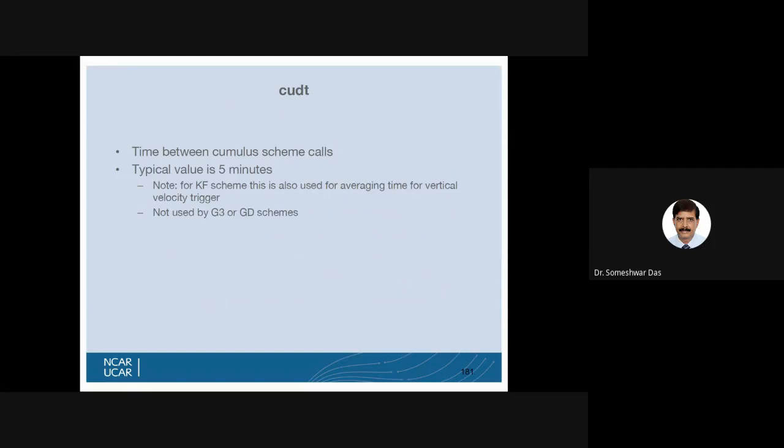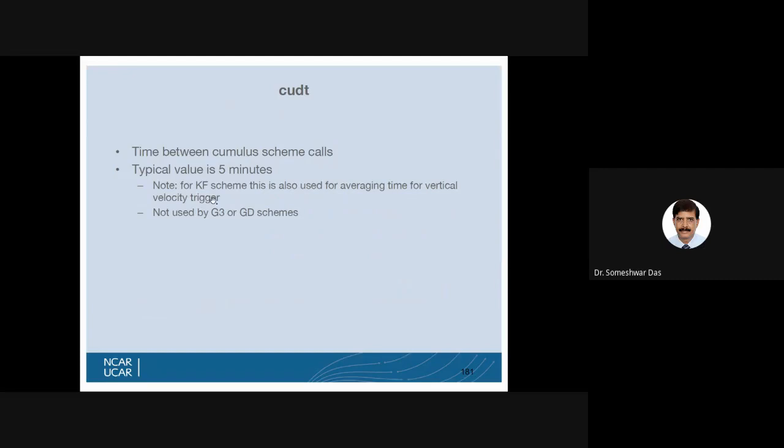Then CUDT: at what time step or time interval you should calculate the effect of the cumulus parameterization. Whether you should do it every time step or you can skip some time steps. So CUDT is used to indicate the time between cumulus scheme calls. Typical value is 5 minutes.